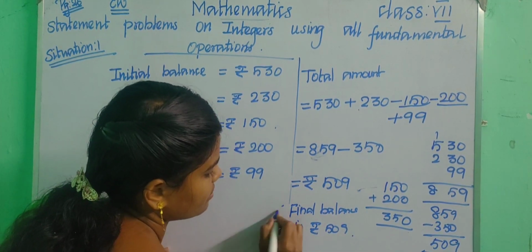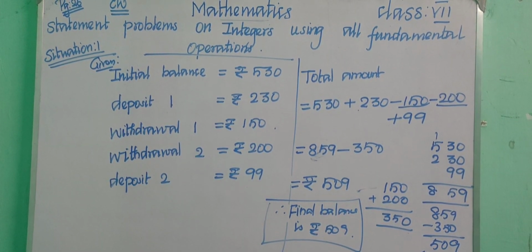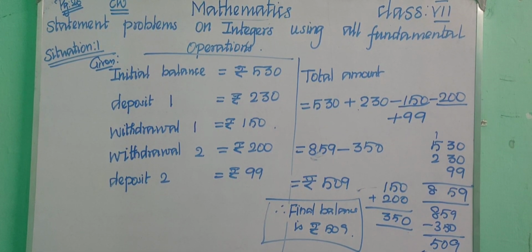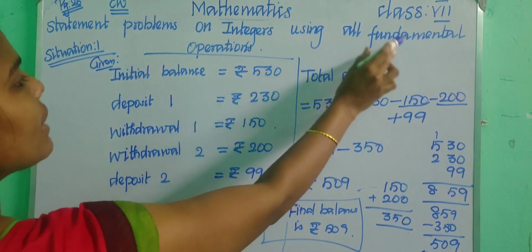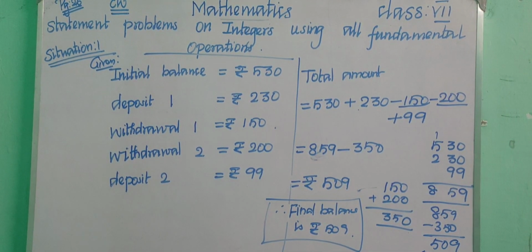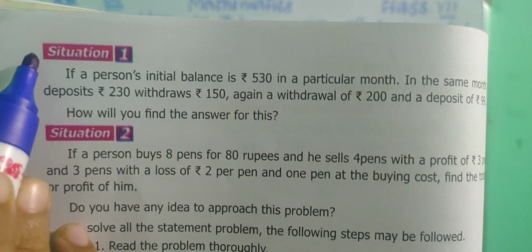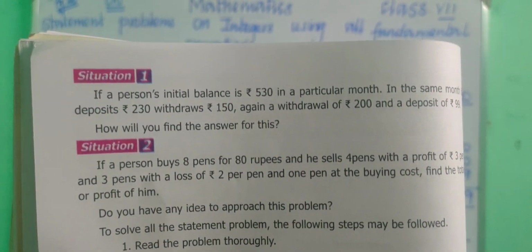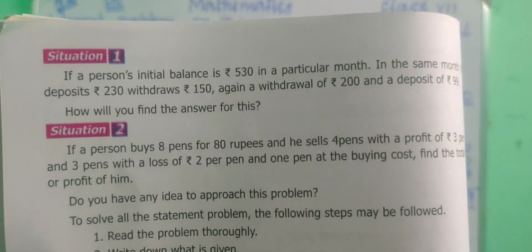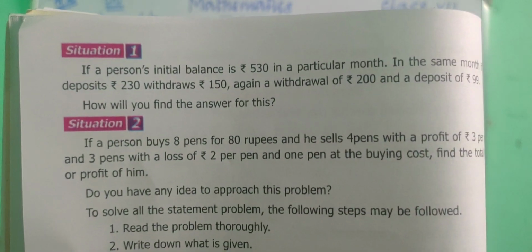Okay, children, copy this in your classwork notebook. Take your classwork notebook. Put today's date. Write this heading: Statement problems on integers using all fundamental operations. Write the heading, and then write situation 1. And write this question, situation 1 question, in your classwork notebook. Copy this question, it is on page number 26. Write the question, and then